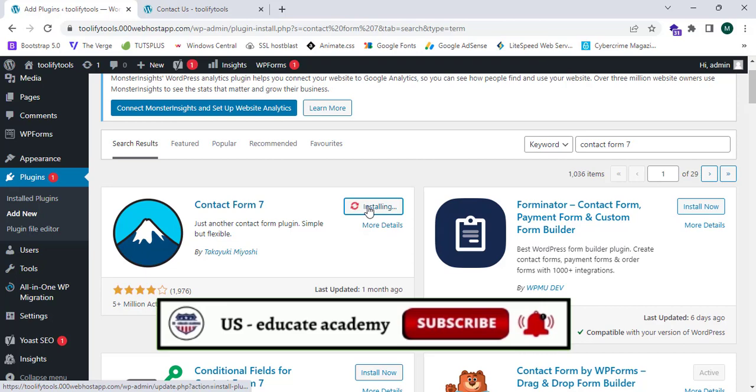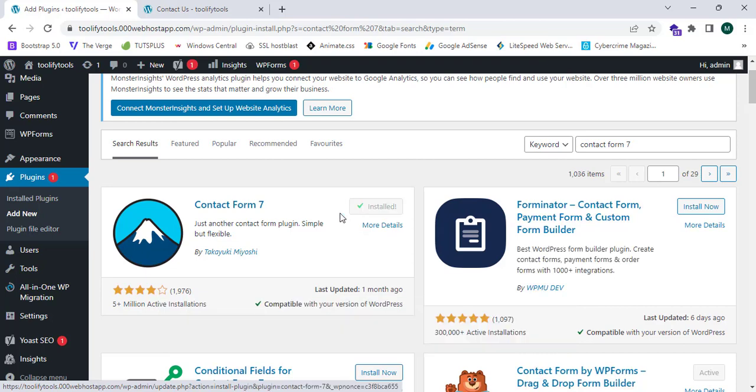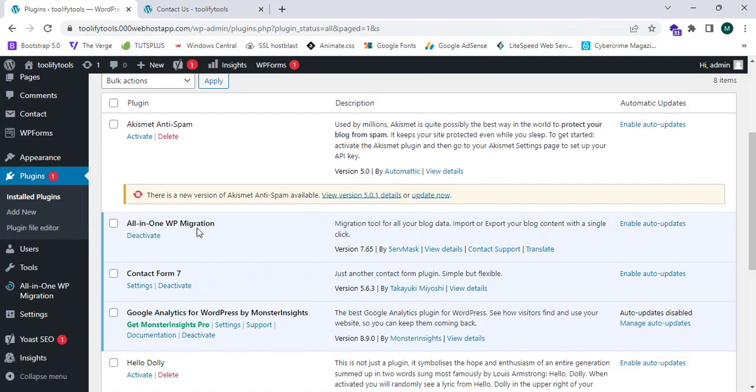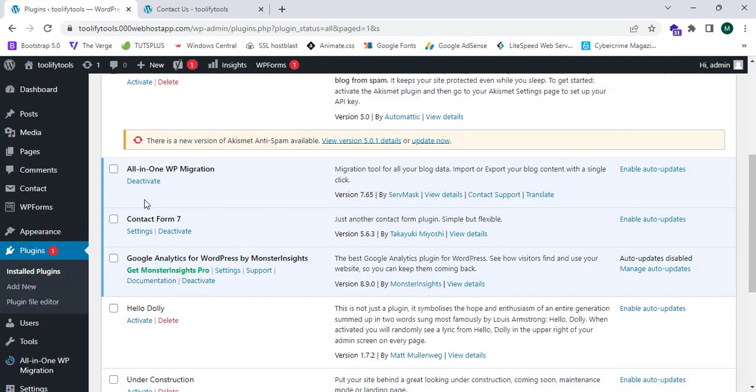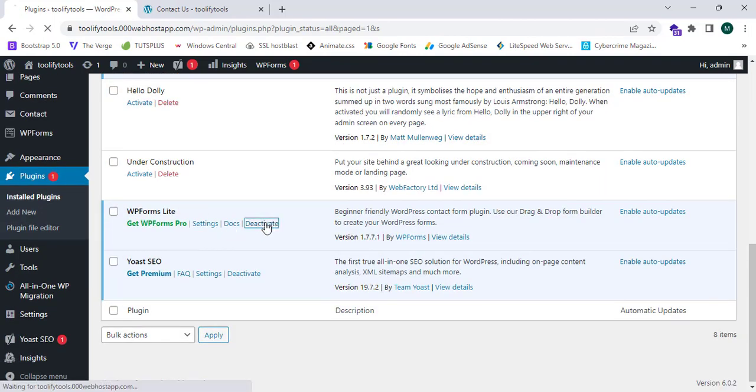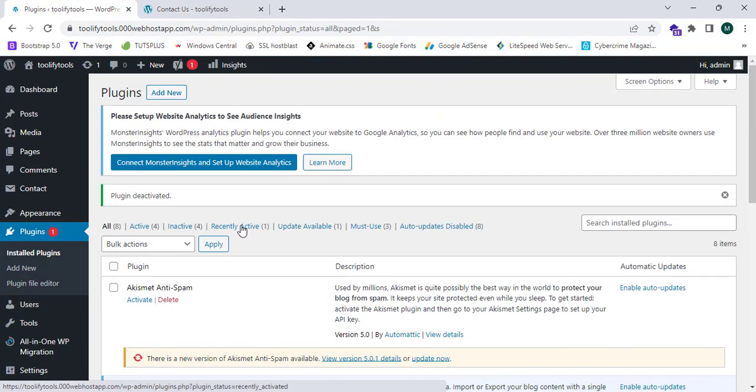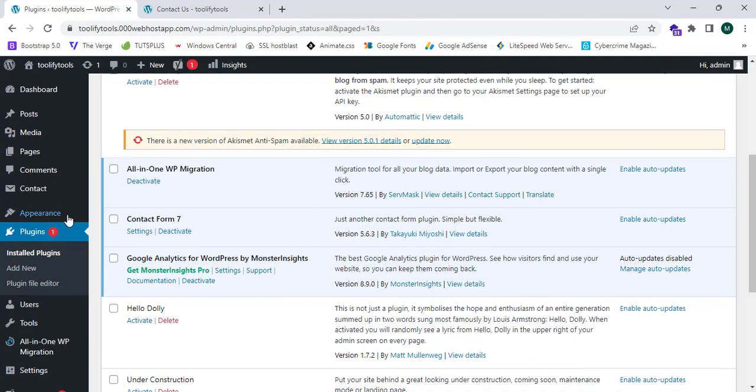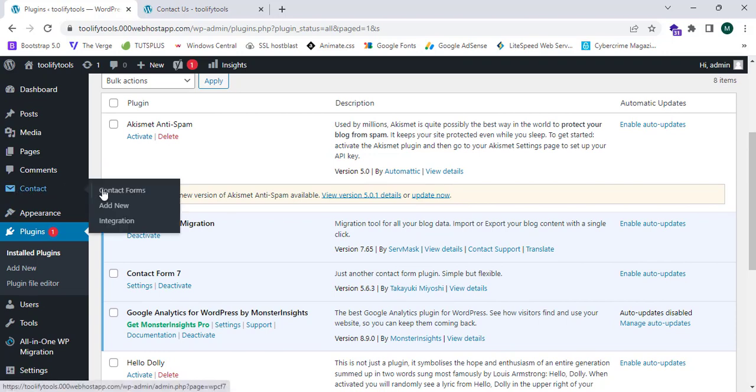So now I'm going to install it, and it's installing. So it is successfully installed. So now I'm going to click on activate. So now as you guys can see, I have successfully installed contact form 7. So now I'm going to deactivate the WP Forms Lite, which is activated through my theme. So now I'm going to proceed to the contact section here, and I'm going to click on contact forms,